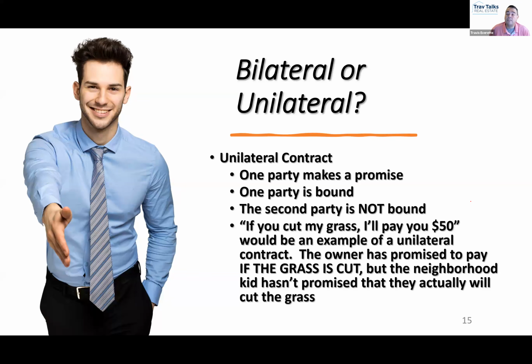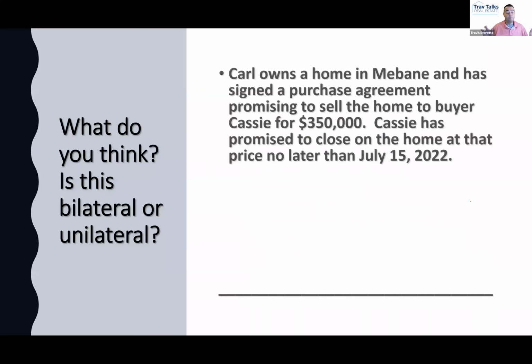And does the owner of the property have the ability to force them to come cut the grass? Can the owner of the property go sue them and Judge Judy is going to say, you promised to cut their grass? They're going to say, no, I didn't. I never promised to cut their grass. They told me they'd pay me $50 if I did cut their grass. But I'm going to be honest, I was hungover. I was not in the mood to go be cutting any grass that day. And so I didn't cut the grass. Well, they never promised. Does everybody see that? That's a unilateral promise. It's completely one-sided.